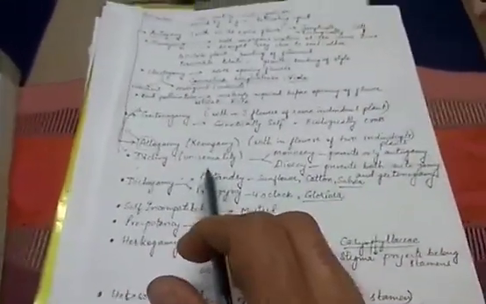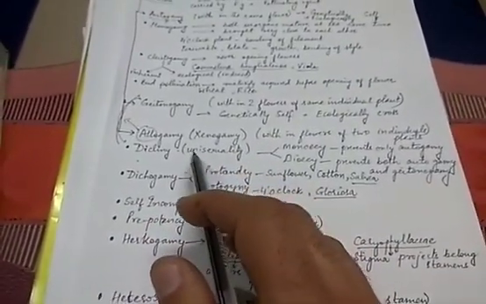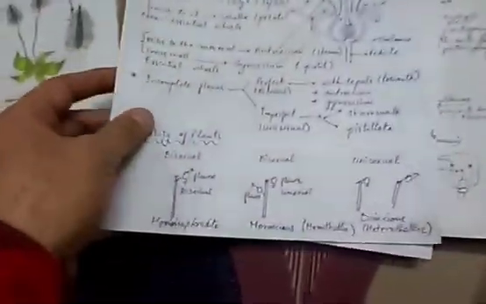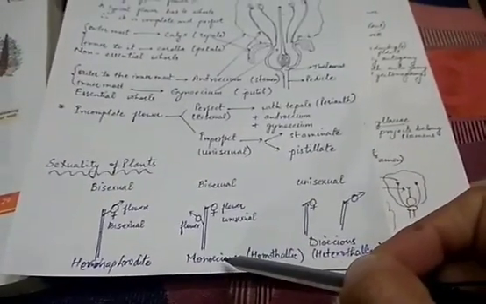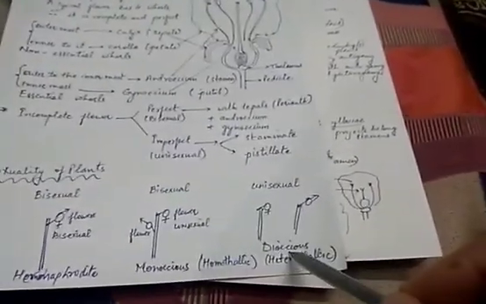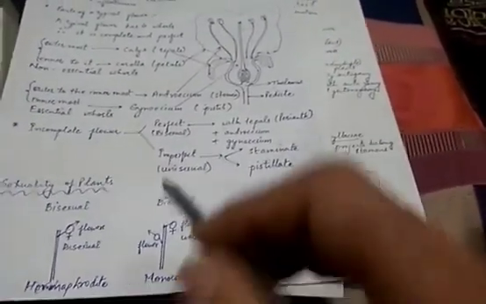So how do plants ensure xenogamy? The first possibility for the plant is to have unisexual flowers. It is also called dicliny. So what is dicliny? If you remember, in the last class I explained this topic to you, that plants can have unisexual flowers in this method or otherwise in this method. In monoecious plants, unisexual flowers are borne on the same individual, and in dioecious plants, unisexual flowers are borne on different individuals. Now in this case,